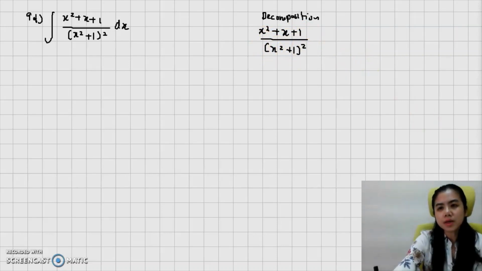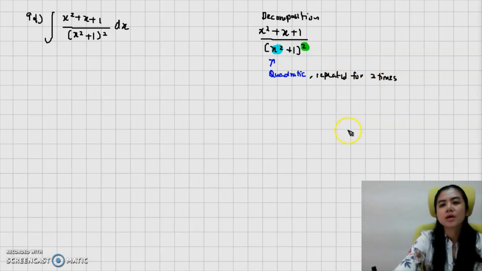What we have is basically a quadratic, and this quadratic has been repeated for 2 times. It has repeated for 2 times means that you will have